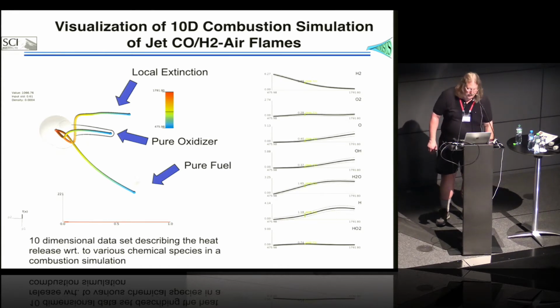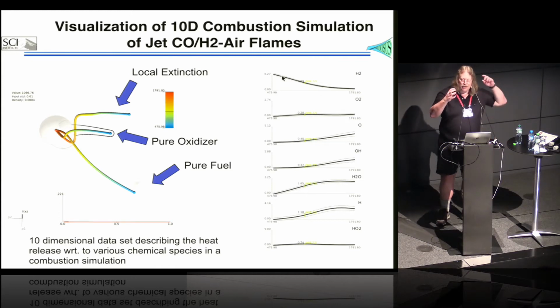What scientists do is they take those 10 dimensions and they separate them out and they make 10 2D plots. So you have each of your chemical species along the right here, and then you have time. And what they're doing is they'll watch all 10 of these plots at the same time, over time, as the simulation goes,